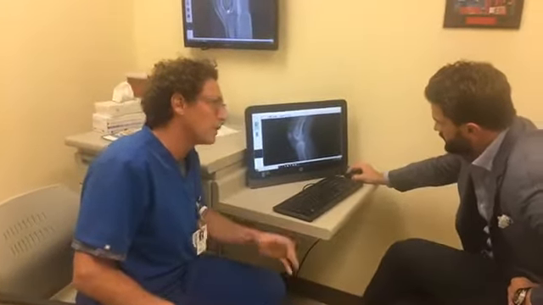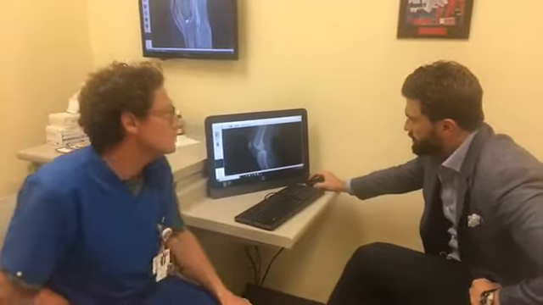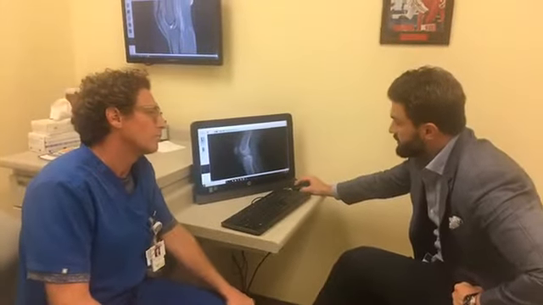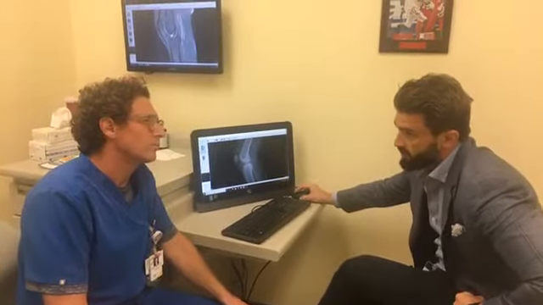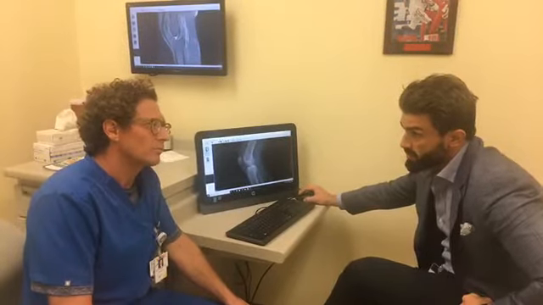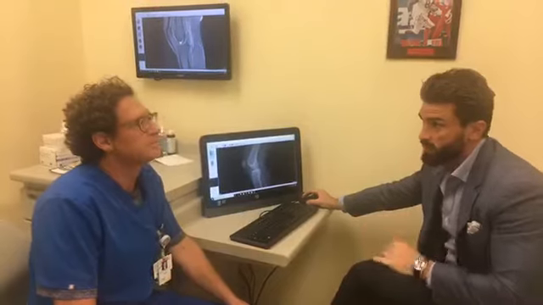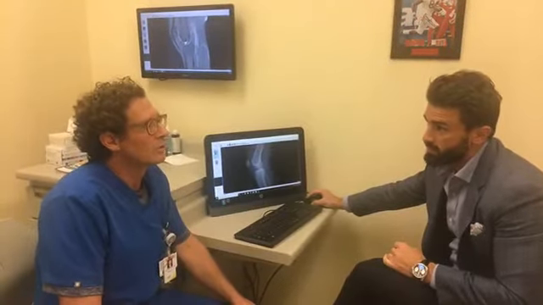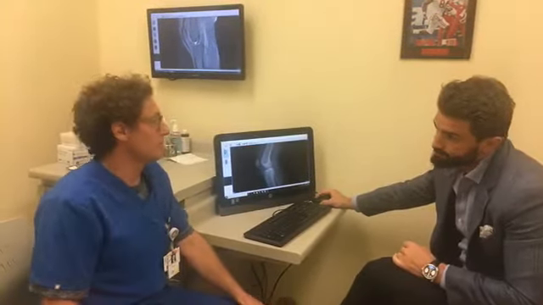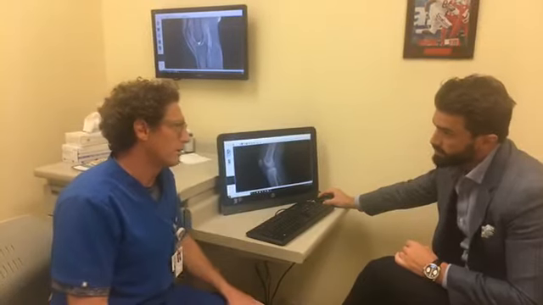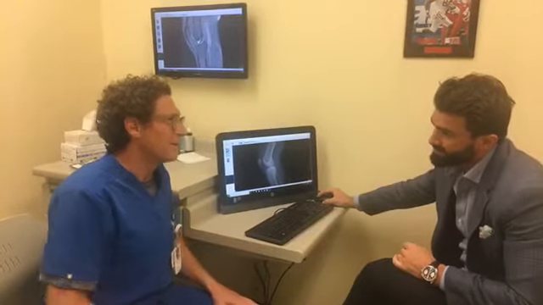And how long does it take to recover fully from this type of surgery? Right, so it's variable depending on the patient. I think there's a bell curve like everything else, but I'd say anywhere from 6 months to 2 years, depending on that individual patient. The majority of people are going to be right around a year before they're back to full speed. So it's going to be a year before this guy's playing flag football again. Yes. That's a bummer.